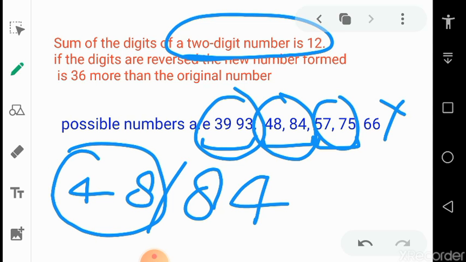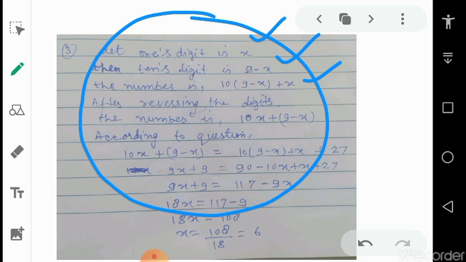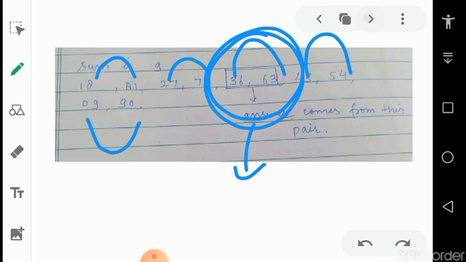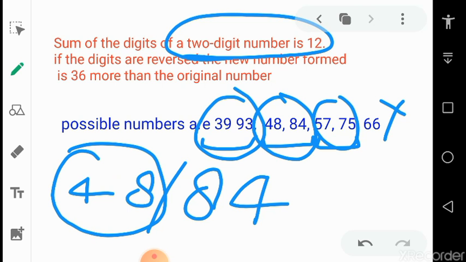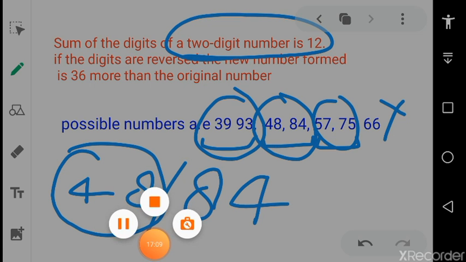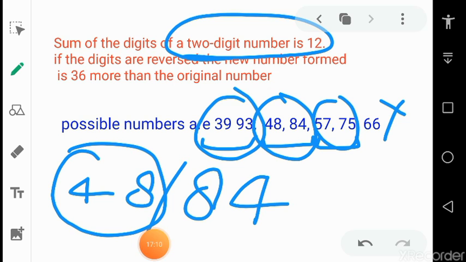This question is very important and you will solve. Okay, if you understood the previous question and this method, then you can understand this question well. So it's all about balancing the equations and about the two digit numbers. In this exercise these questions are very important. Even the questions regarding ages of father and son, brothers and sisters, but the questions based on two digit numbers are very important.